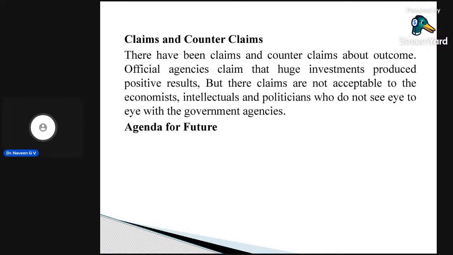And how to improve the agricultural sector. It means new technology should be adopted, and how to channelize the huge budget allocation to social sectors to reach the end users, and how to boost the export from 1.6% of world exports to at least 5%. That is also an agenda for the future. How to streamline the labor laws to make them pro-growth rather than anti-growth. How to make public sector banks financially viable. That is also one of the agenda.